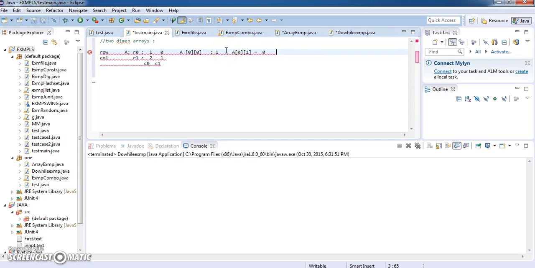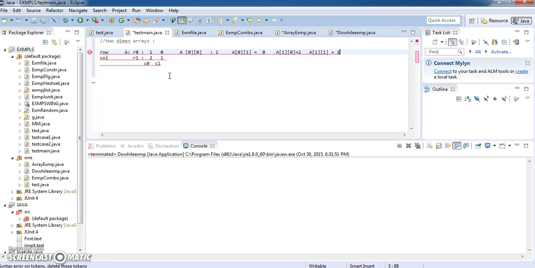Now I'll say array of first row, 0th column. This is my first row and the 0th column is this column, so the element is 2. And if I want to represent array of first row, first column, the first row is this and the first column is this, so the element is 1. So this is how you can display the elements of the arrays.